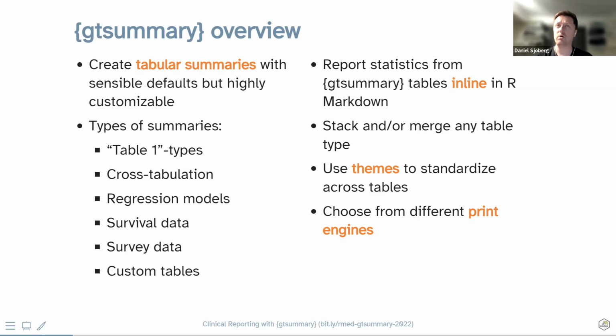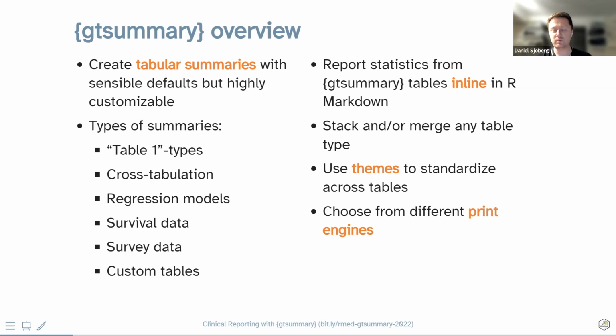Another important part of reproducibility is when you're actually writing the prose to describe and summarize what you've done. You often have to report the odds ratios, the means, the standard deviations, the p-values from all your tables in the text of the reports that you're writing. We write reports to be published in medical journals, so that's exactly what we need to do. To make that reproducible, we wrote functionality for inline text reporting. So you can report any number from a gtsummary table inline, formatted, gorgeous, with a simple call.